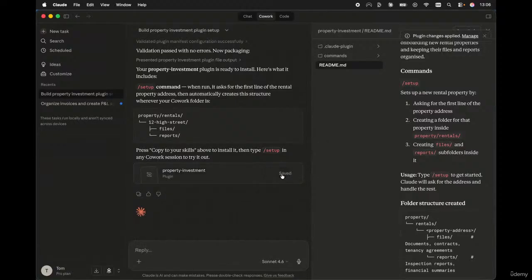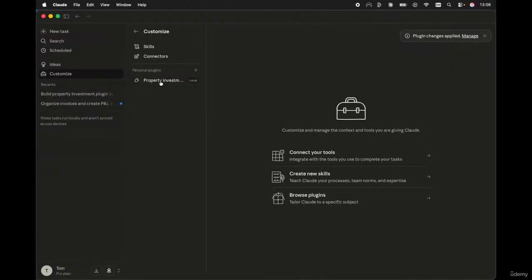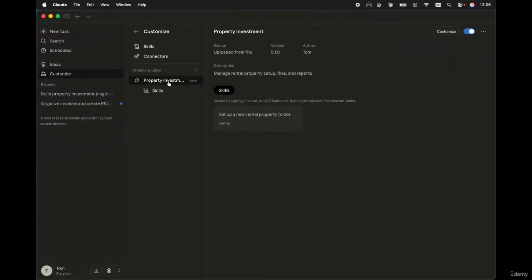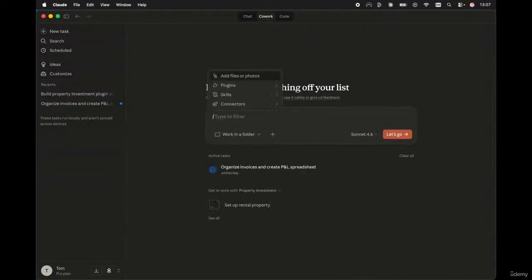So let's hit Save Plugin here, and we should be able to see if we head on over to Customize, we now have this new property investment plugin, and we can see by default it's been enabled, and we have a /setup command or a /setup skill. So let's go ahead and set this all up then. Let's head on over to create a new task. Then let's hit / in the chat area here, and let's start typing setup, and there we go. We can see we have a /setup command, which will go ahead and create our new folder structure for a